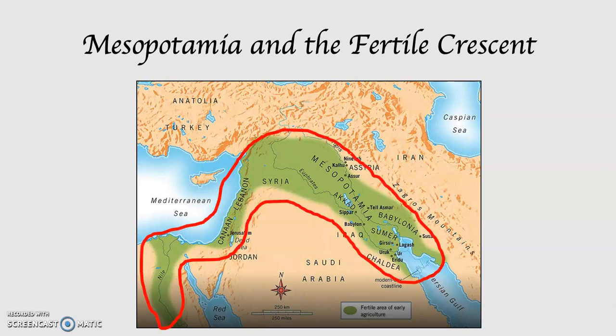The term Fertile Crescent means exactly what it sounds like it means. It's crescent-shaped, or shaped like a croissant, and it was an area of historical agriculture going back thousands and thousands of years. The eastern part was Mesopotamia, then it swung up through southern Turkey, down along the Levant, or the eastern part of the Mediterranean, and into the Nile River Valley.